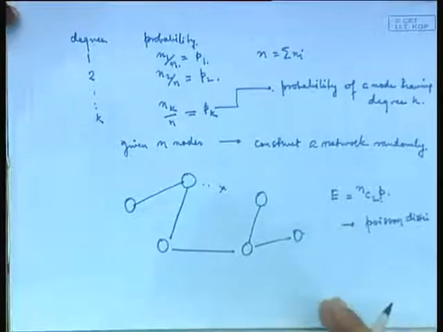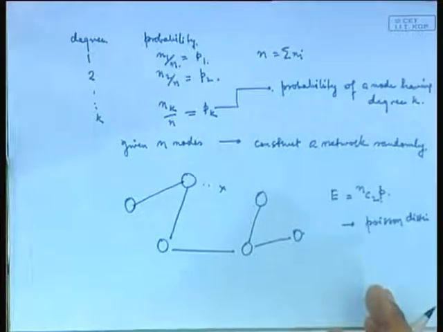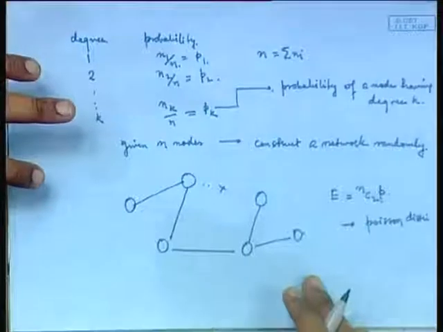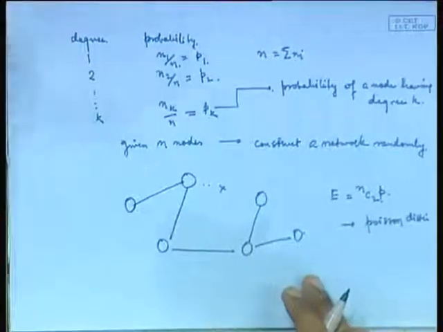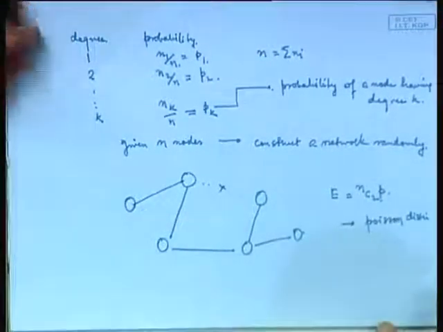Yeah, it can be. It is not that it will be a connected graph. No, that is not guaranteed. We will see what the value of P should be so that the probability that it is a connected graph becomes very high. So, those things will be seen later. Anyway, so